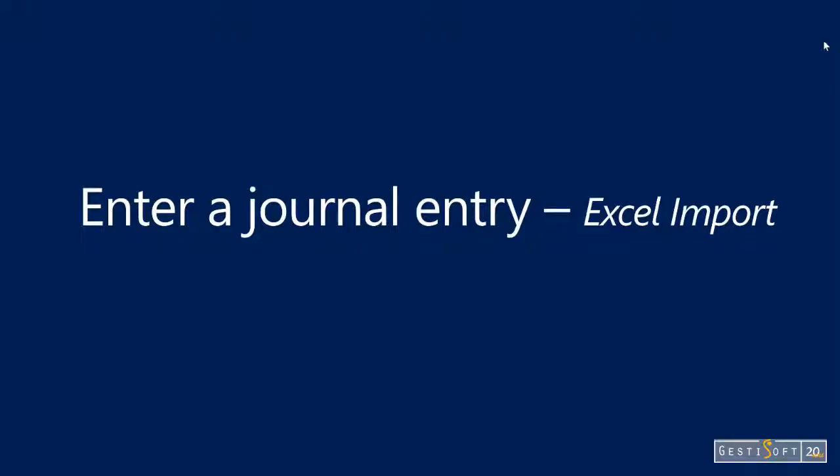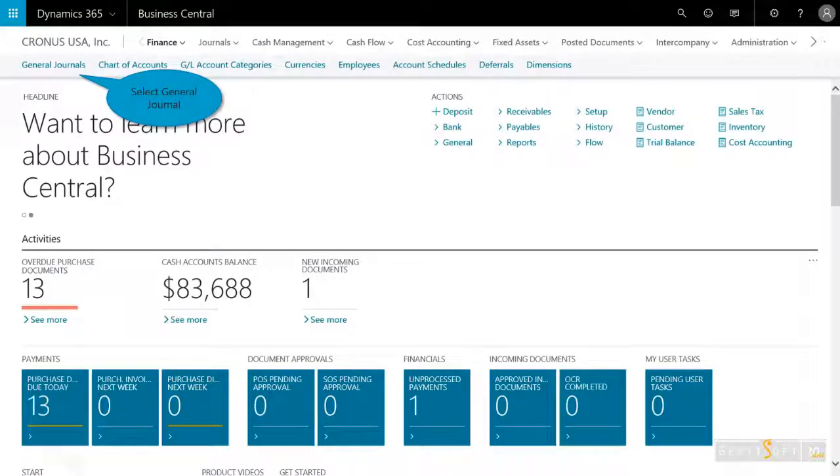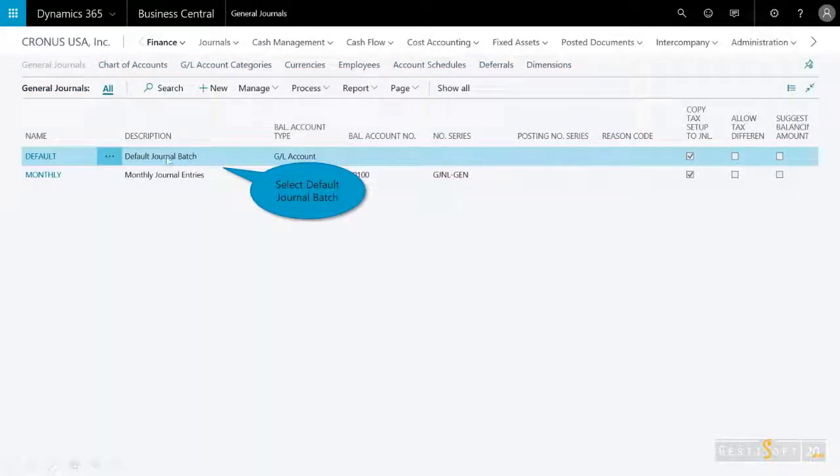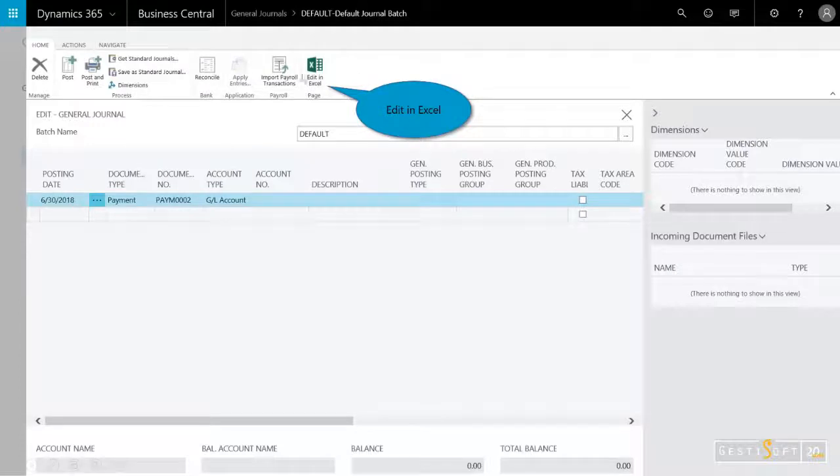And then the last step I want to show is beyond the accounting systems and the traditional way of just entering a journal entry like we did. Business Central allows users to import those entries directly from Microsoft Excel. Let's take a look. I'm in the general journals, and again, open up that batch, and you'll notice here in the ribbon, most every list page in Business Central does provide an Edit in Excel button, and that maintains the direct connection between the two applications. So I'll select Edit in Excel,